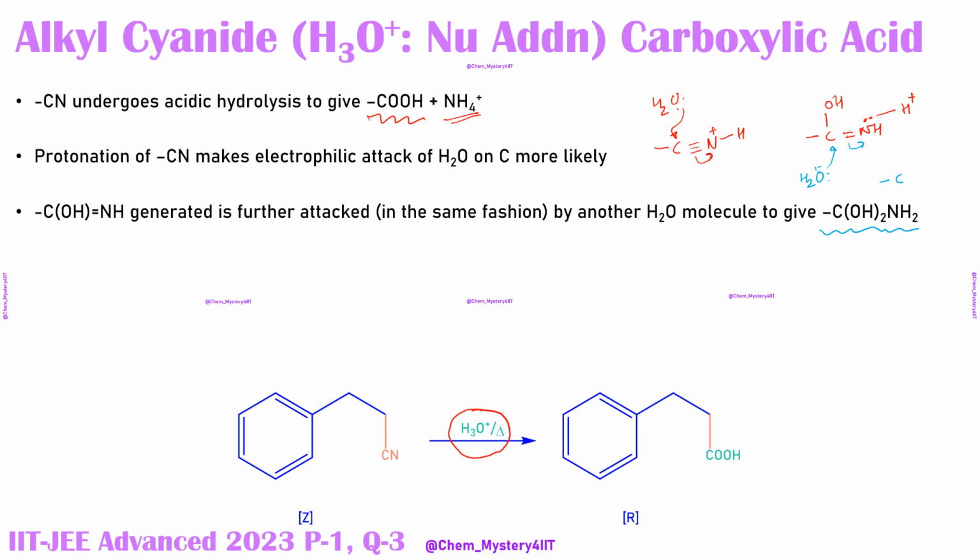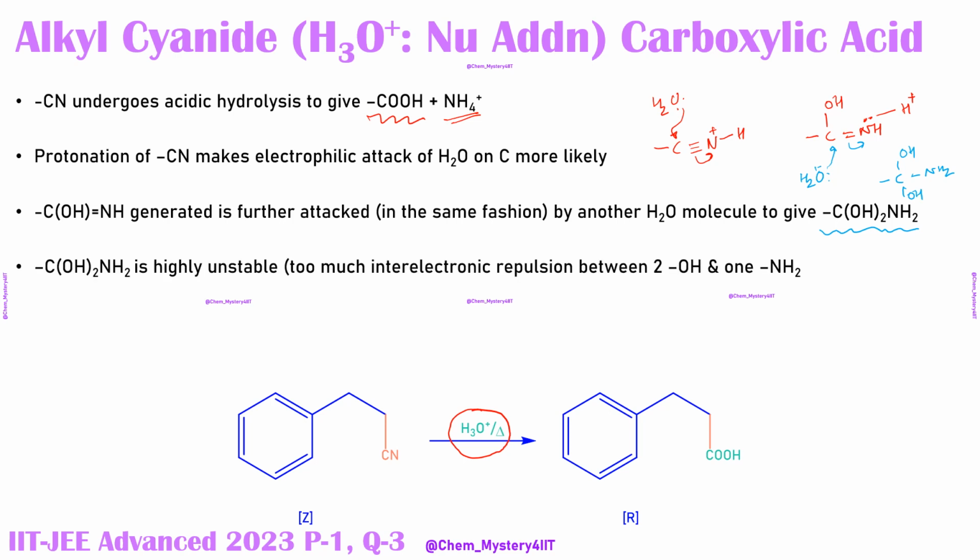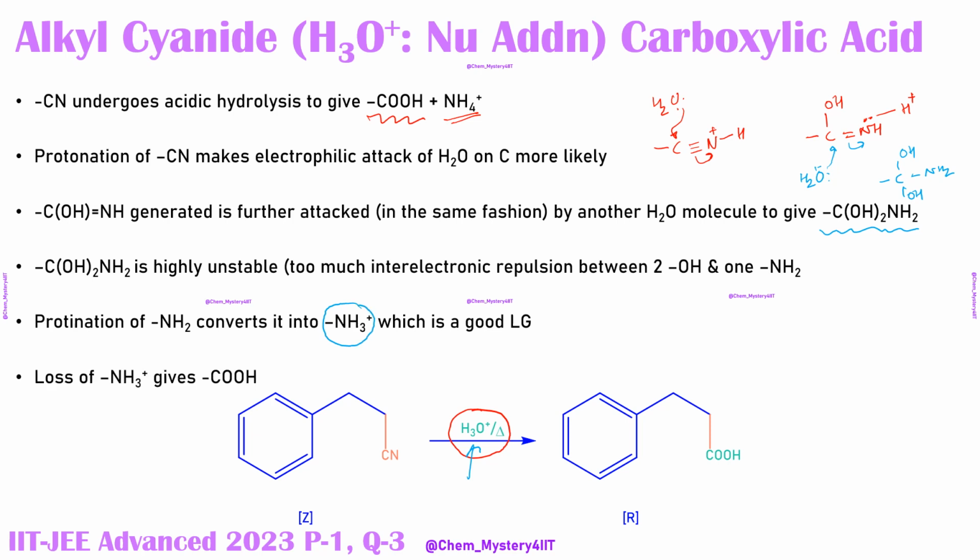This is basically, there is one OH group here, there is one NH2 group here, and there is one OH group here. This is a very unstable compound, and here there are different possibilities. We could have got OH as a good leaving group because you are having OH in excess in reaction medium. We are basically having a lot of water molecules present, and acidic medium can preferably protonate NH2. So NH3 plus can be leaving very easily. We are getting now the carboxylic acid group, and NH3, being protonated ultimately in the reaction medium, will be converting into ammonium ion.